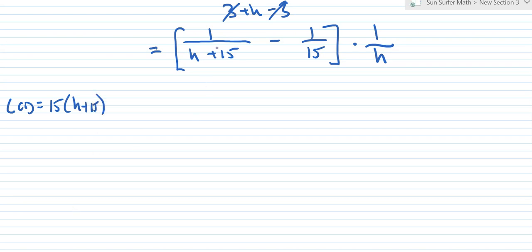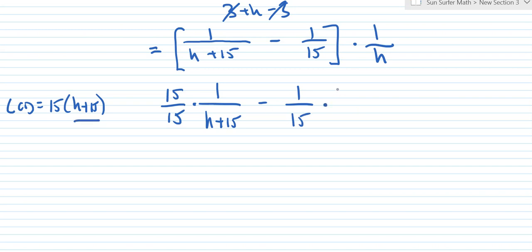So what we need to do is take this first fraction, 1 over h plus 15, and multiply it by the missing factor in the denominator, which is 15 over 15, minus the second fraction and multiply it by